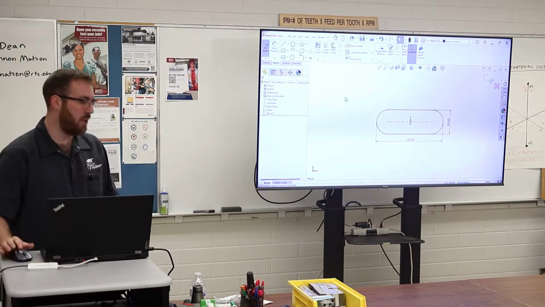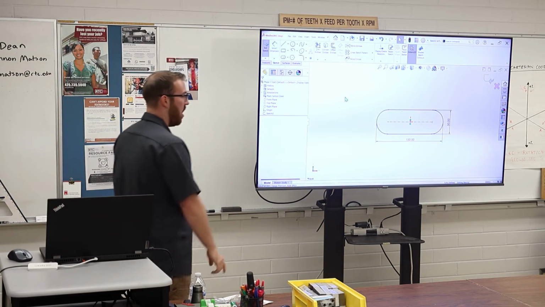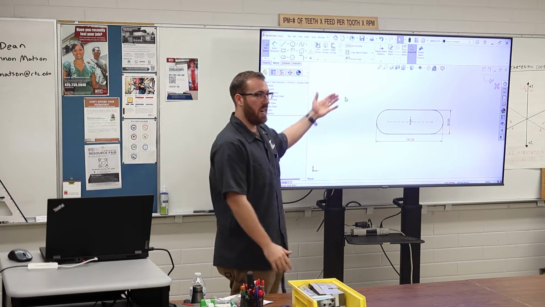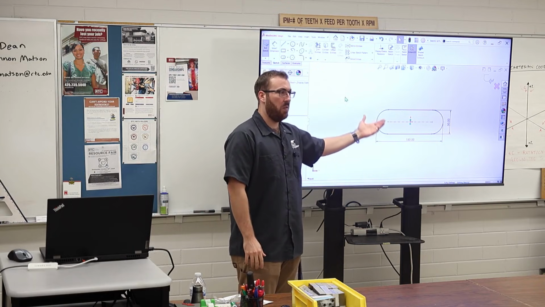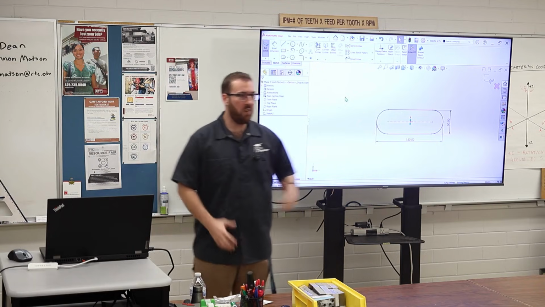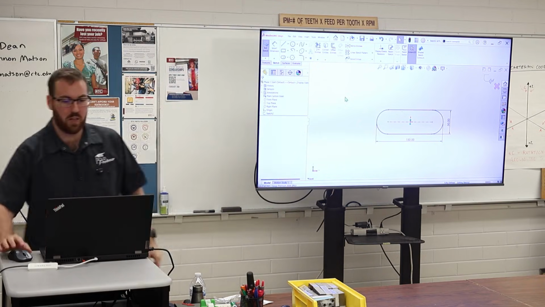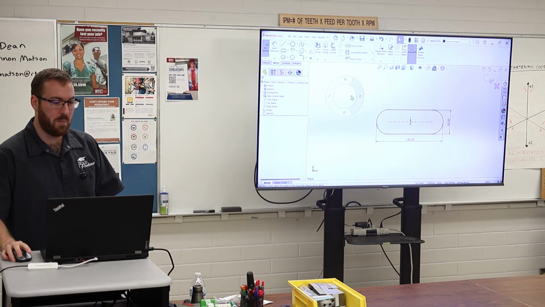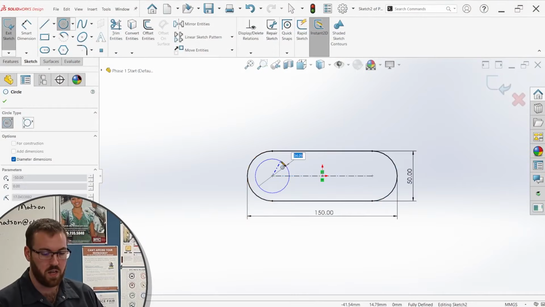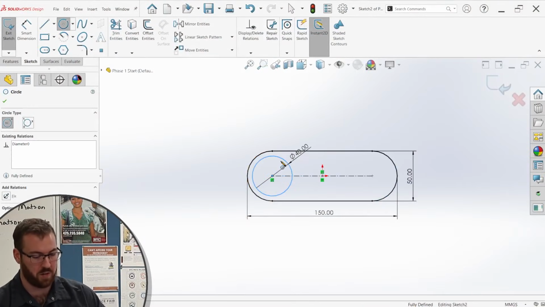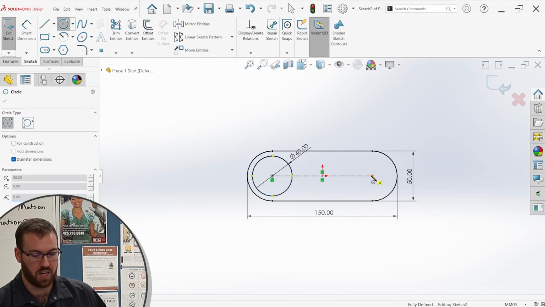Okay, back in our main sketch, I'm going to take advantage of nested contours. Again, we don't need to create the slot and then the holes and then the pocket. We can do all of those in one singular sketch. I'm also going to use a mouse gesture here: hold the right mouse button down and slide over to a circle. I'm going to input my 40 millimeter dimension, and I'm going to create another circle right